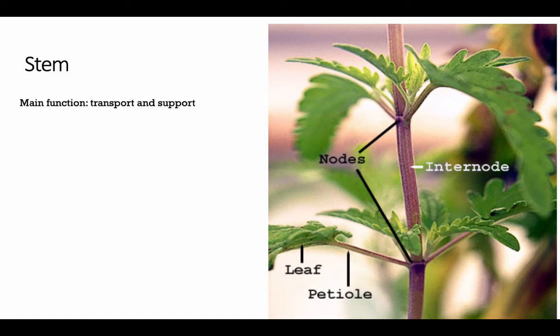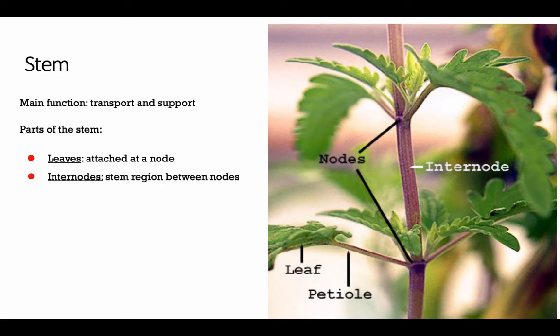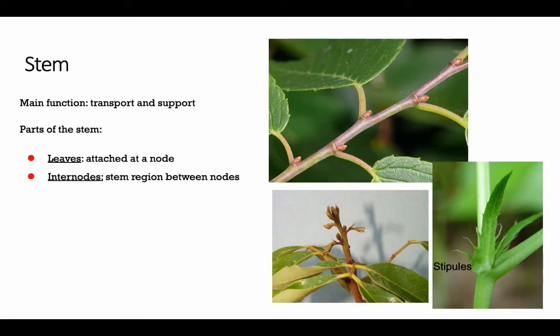Now, the stem has different functions. It supports the plant, but it also transports water, minerals, and photosynthetic things that were made on the leaves, like glucose. So it's a really important part of the plant, very important organ. So like I said, there are the leaves, the internodes, and nodes. So when talking about internodes, you can see here they may be different in sizes. Some internodes are really short,